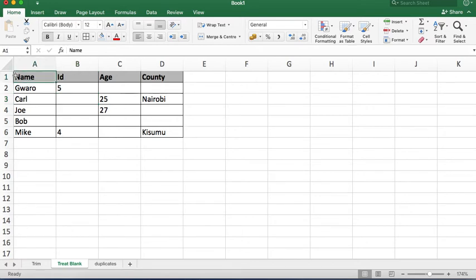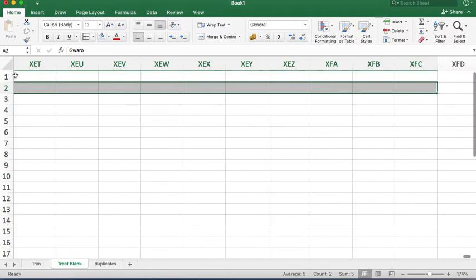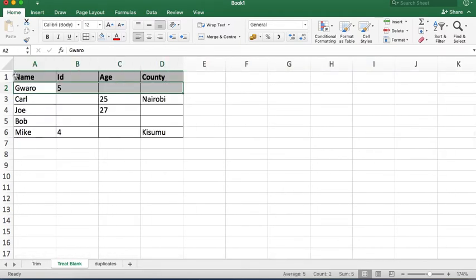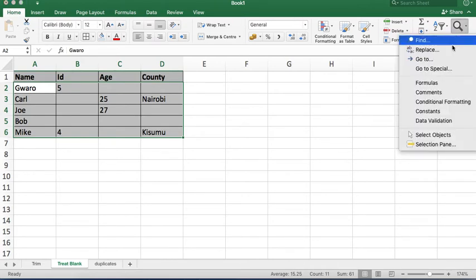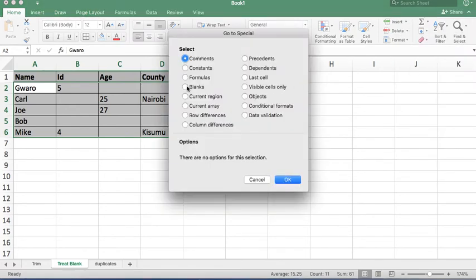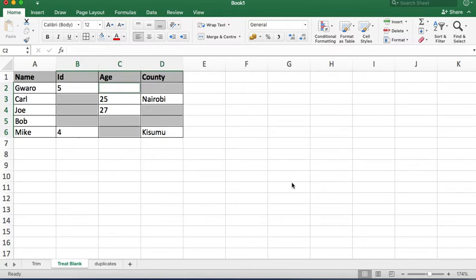The first thing is to select your data set, and then on your ribbon under the home tab, you go and select the find and select here. Once you select that, go to special, then here say blanks. And okay, once you do that, it will select automatically all the blanks that are in your area of selection, and then you can start typing whatever variable you want. For this case, I can just say I want to give it NA, and then before you press enter, remember